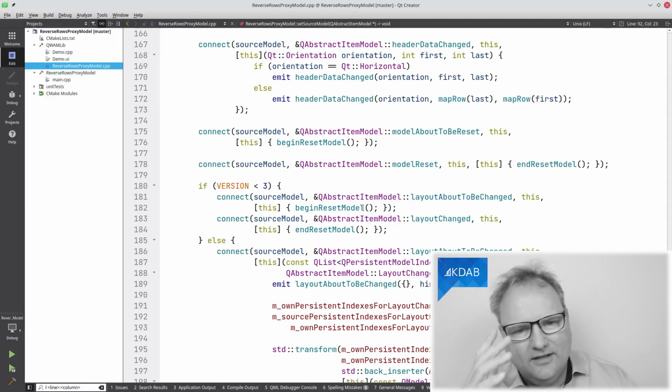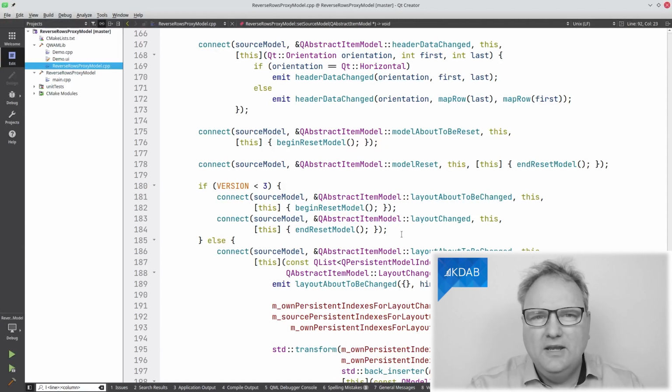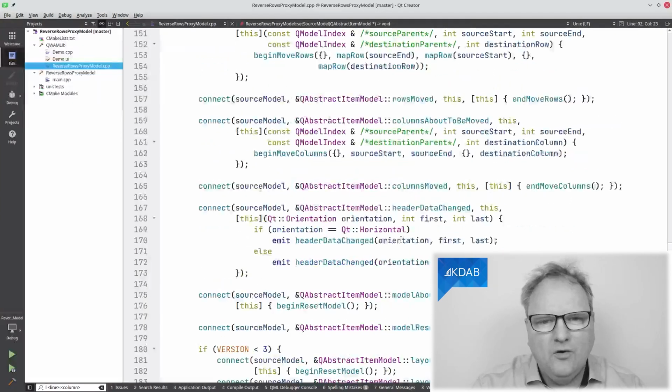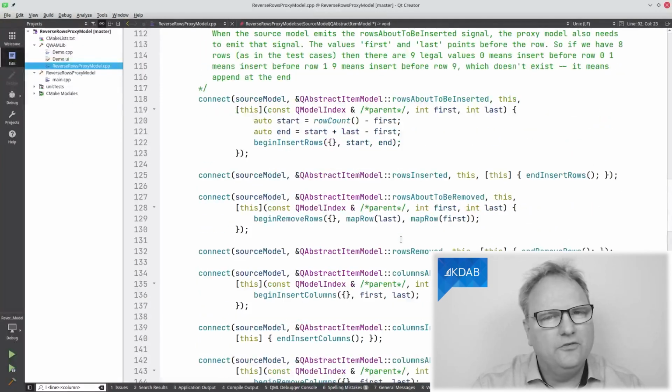That, of course, is brute force, and trust me, I have in many code reviews at KDAB been told that. But again, I'm only human. I only have a finite amount of time, and implementing all of this code for a model that never ever changes the structure is just a waste of my time.